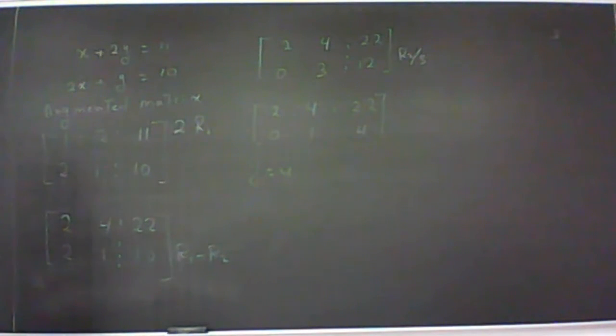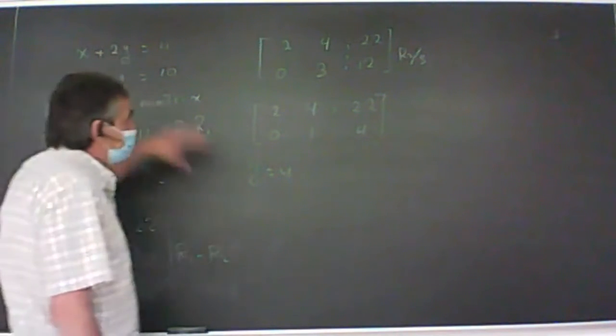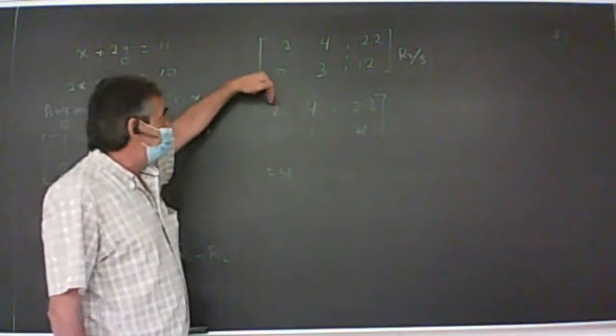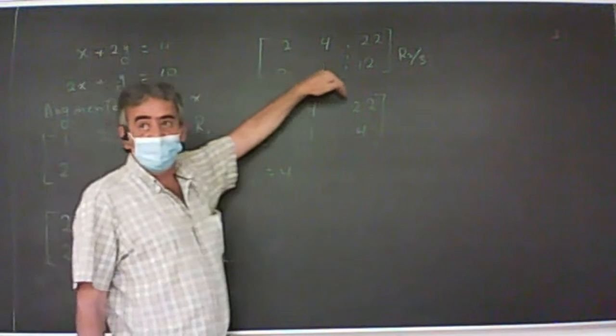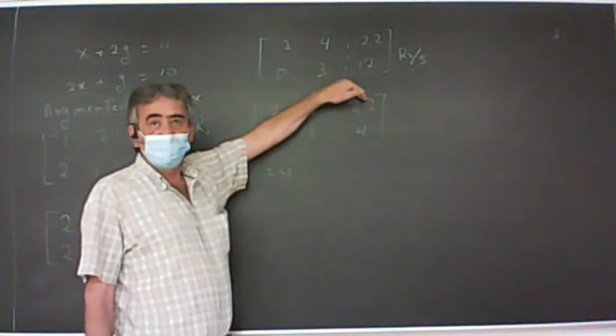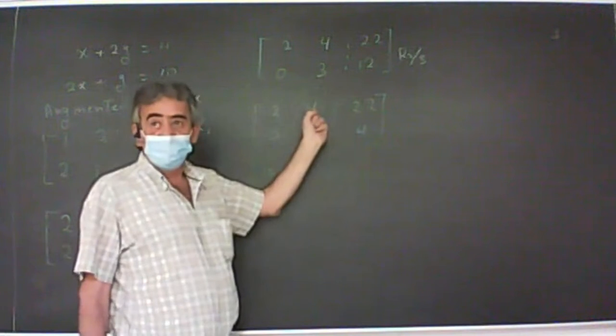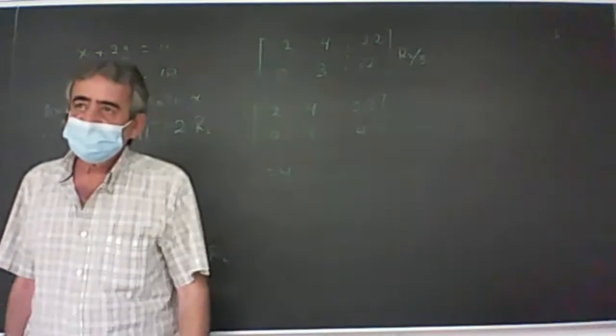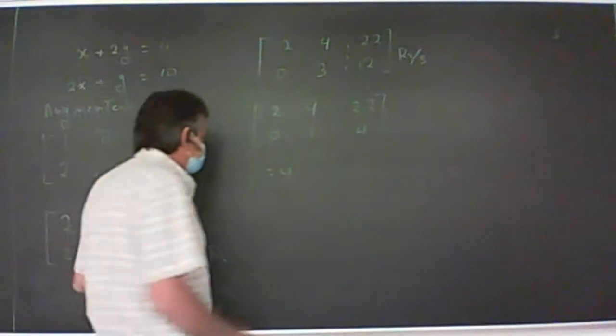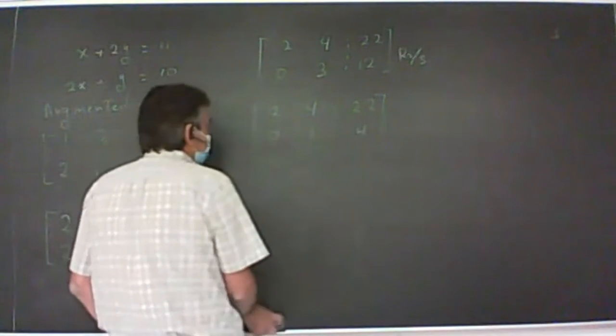If I want to see what x is, I can go original, or I can go up one more. What does this equation say? 2x plus 4y equal 22. I already know what y is, then I can solve for x. Yes? Or I can continue. Let's see how do I continue. Let's say, for instance,